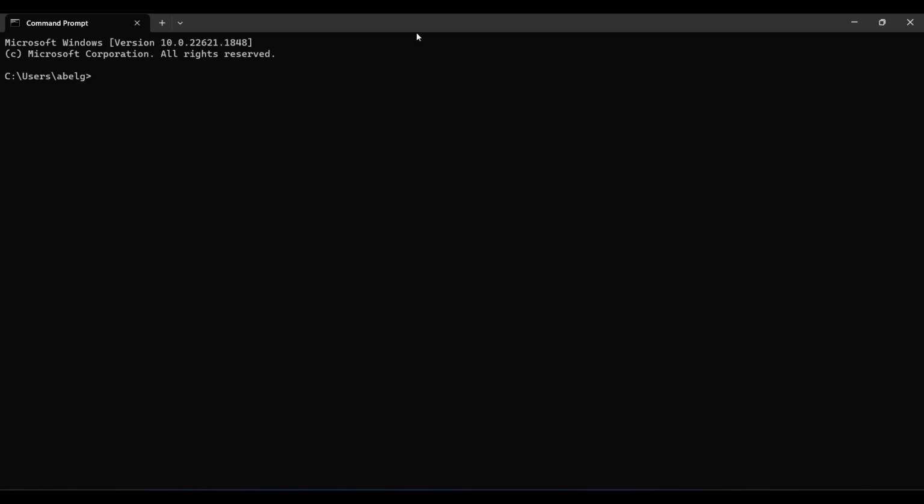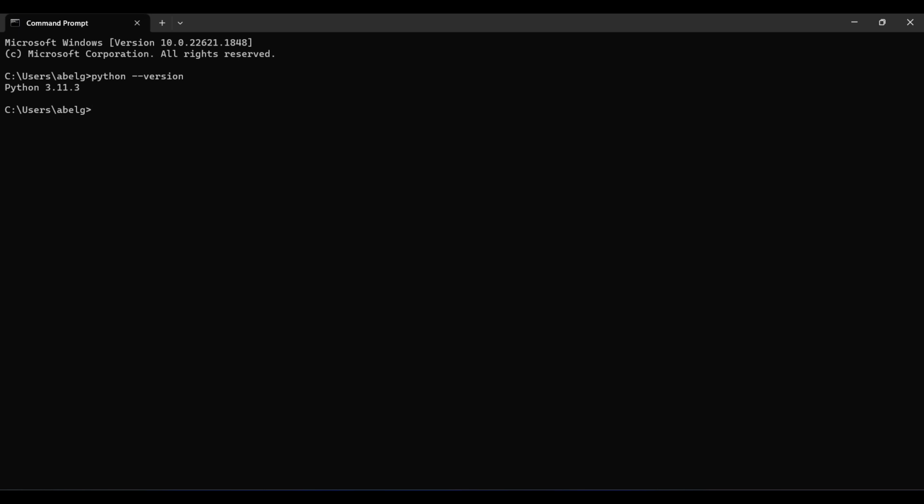The first thing you need to do is open the command prompt. And once you're here, first you're going to check if you have Python installed. So we're going to run python --version. As you can see, I already have Python installed. So if you don't know how to install Python, just write in the comments below and I'll make a video